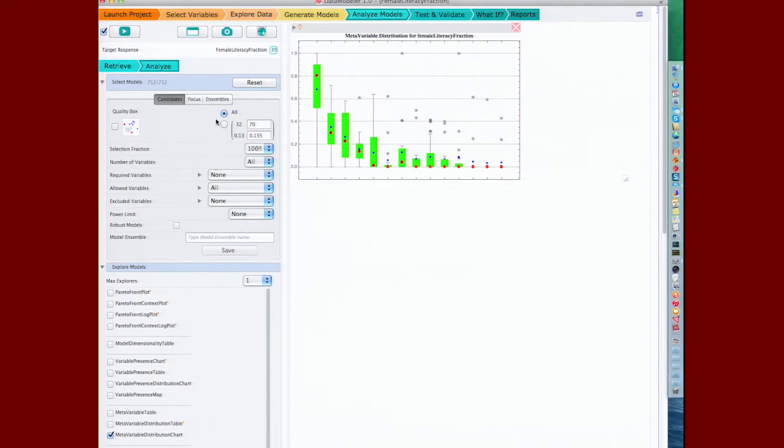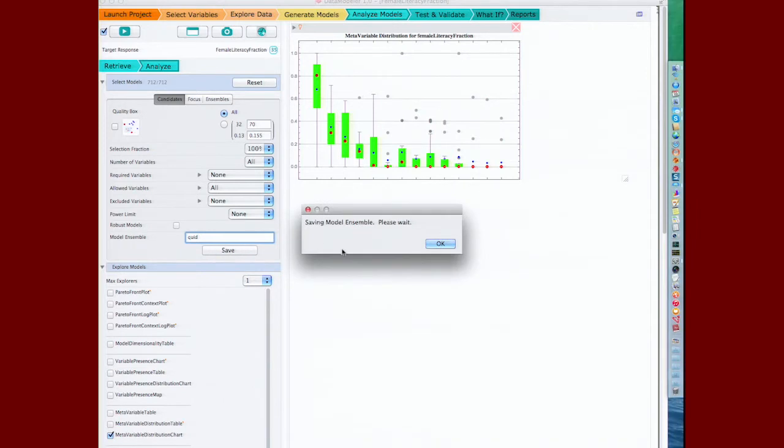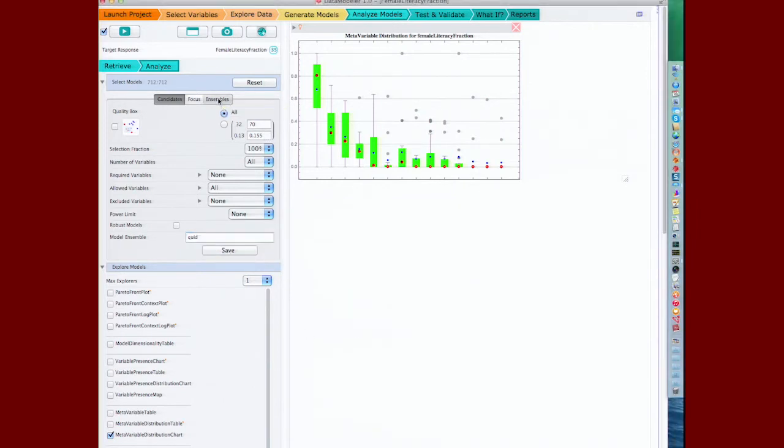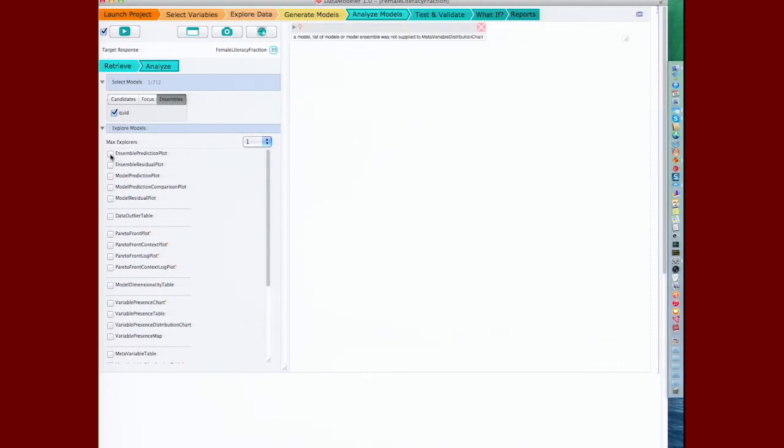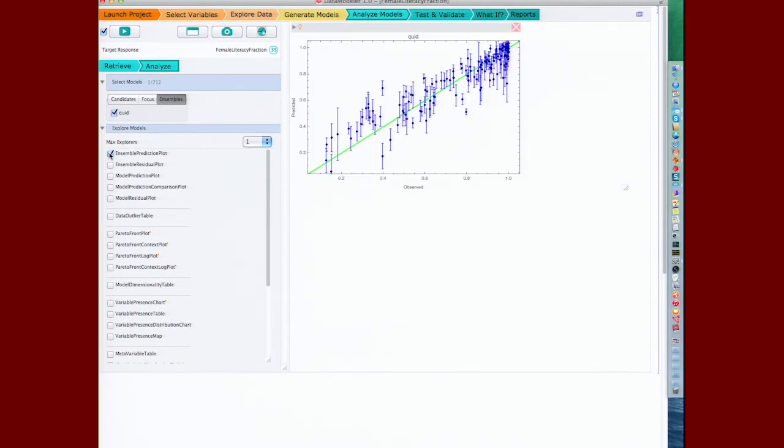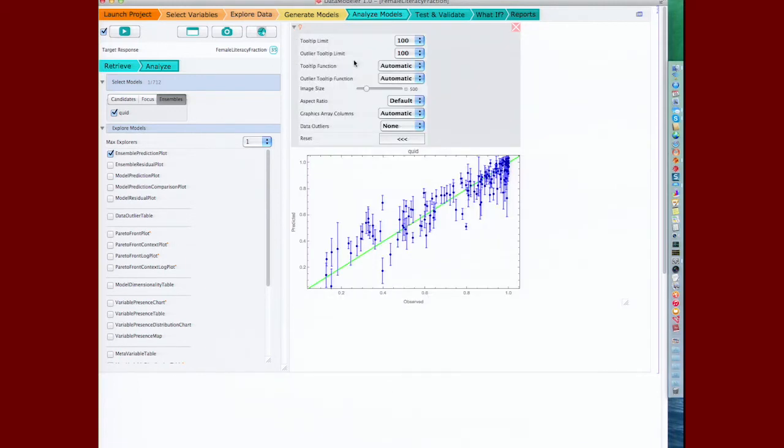So let's build, quick save, I'm out of time. And jump to our ensemble and look at an ensemble prediction plot. And this is a plot of my predictions of all these models. And what we see is the scatter of the data,